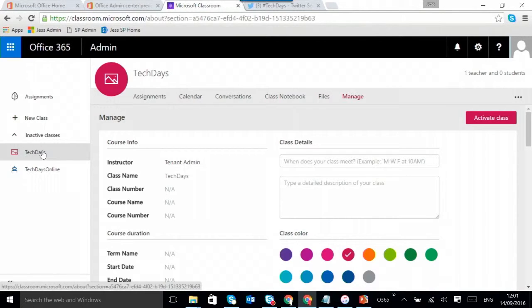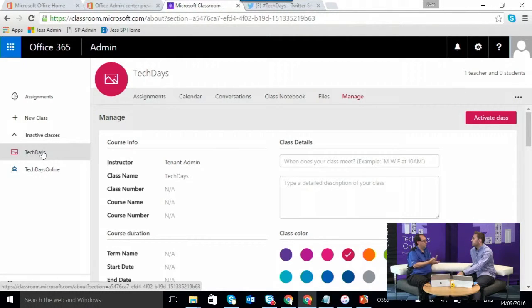What Microsoft Classroom does is allows you as a teacher to create a class, and then you can set assignments to those students in that class. So it allows you to actually set them the assignments. If you want to attach a Word document or something like that, the students then do that work, complete the assignment, and then you can mark it. Now at the moment, the one thing I would say is it's only in preview. So some of the marking things don't quite fit the UK market. But obviously they'll get there. That's why it's in preview, to get that feedback and upgrade it and change it.